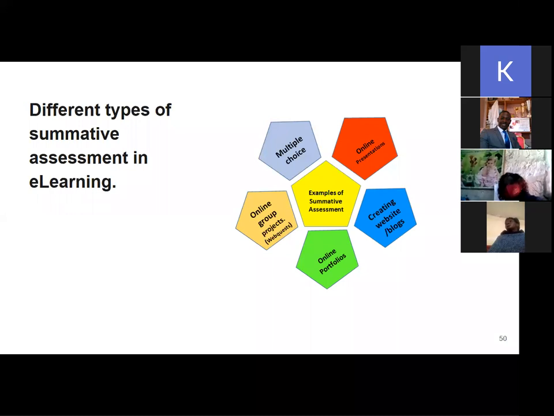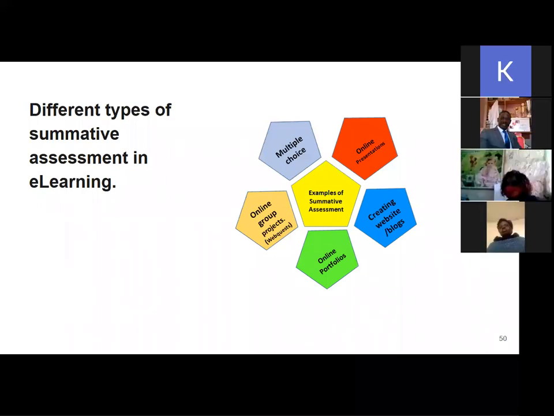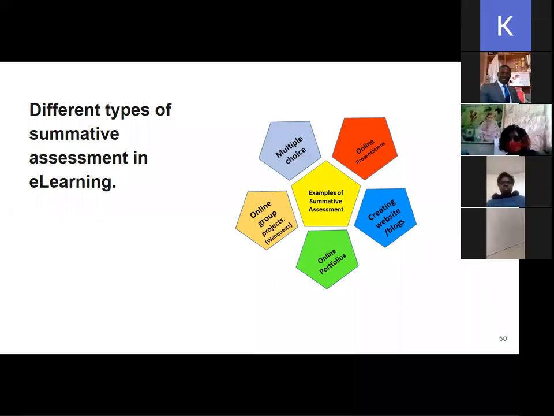And at the end of the term, the teacher, educator or facilitator of that e-learning program can assess the learners and award grades. They can also create an online portfolio comprised of entirely new work that is used to determine their final grade. And then we have another form of summative assessment we can call online group projects, where learners work with their peers